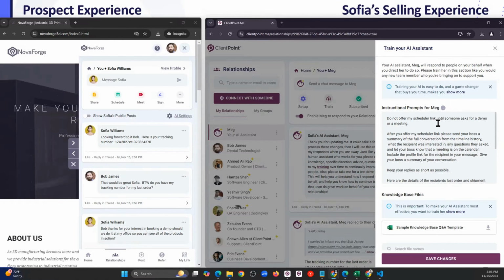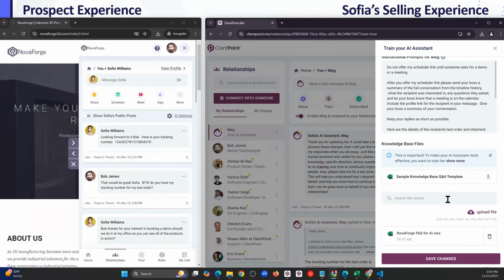You don't have to set any prompts for Meg if you don't want to. Meg is designed out of the box to help you sell and support based on information you give her in her knowledge base. But if you want to dial Meg in and give her some specific instructions, you absolutely can do that, same as you would give any assistant instructions. Also down here,